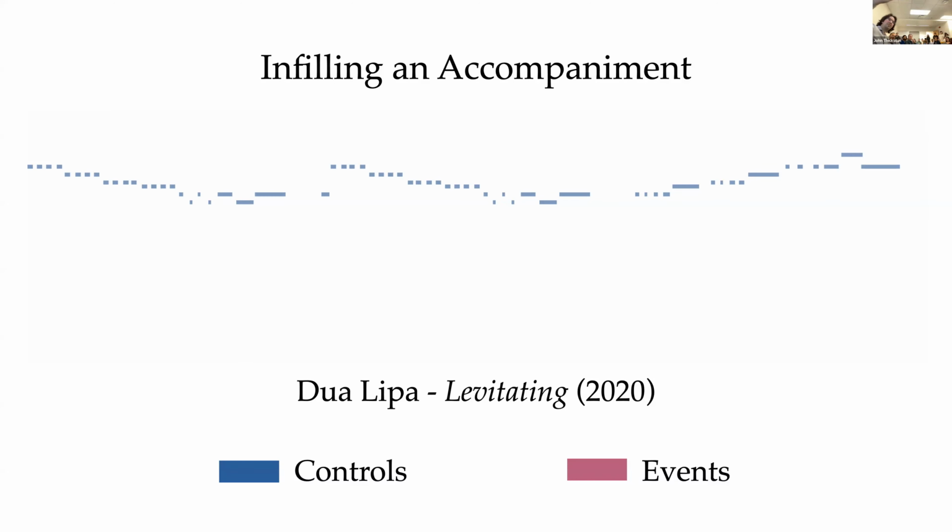So actually, this example that we're going to listen to here is I'm going to rip out the melody from Dua Lipa's Levitating song from 2020. And then we're going to condition on that melody, and we're going to give a new harmonizing accompaniment of the melody using the model. Why Levitating from 2020? Well, the data set was collected in 2016. So hopefully this is not in my training data.